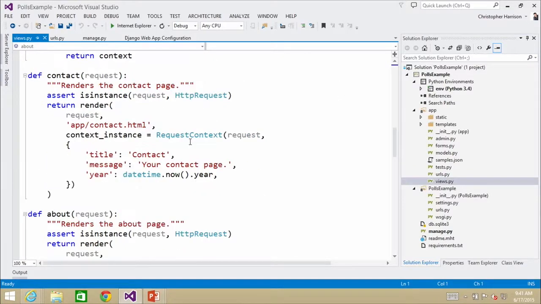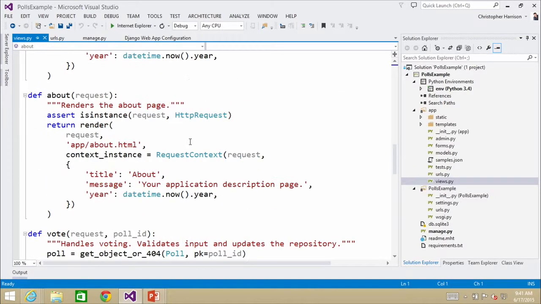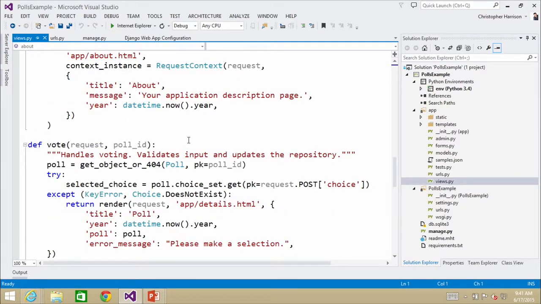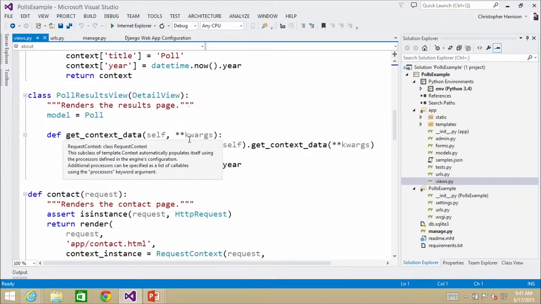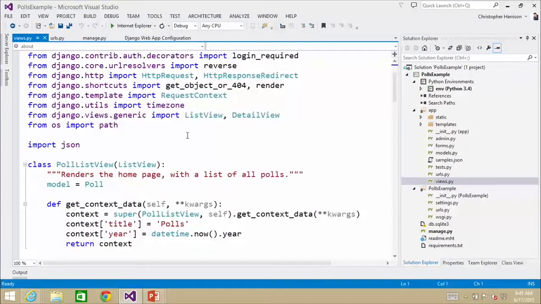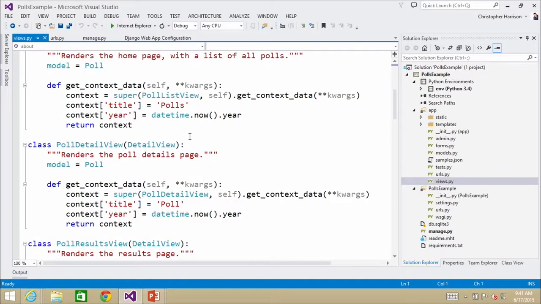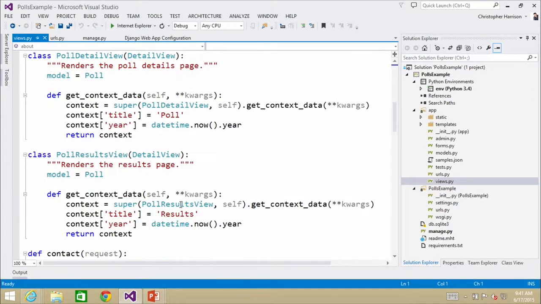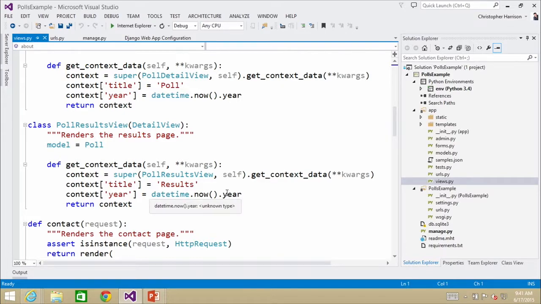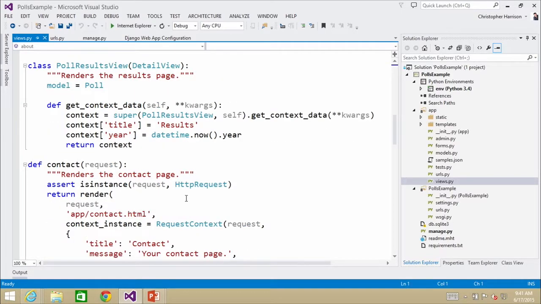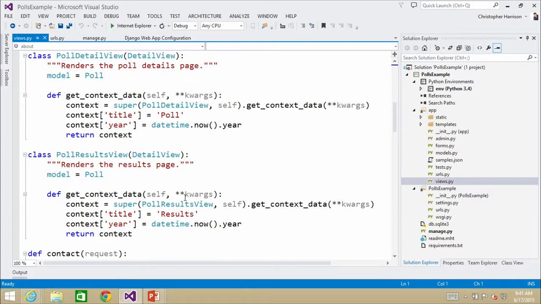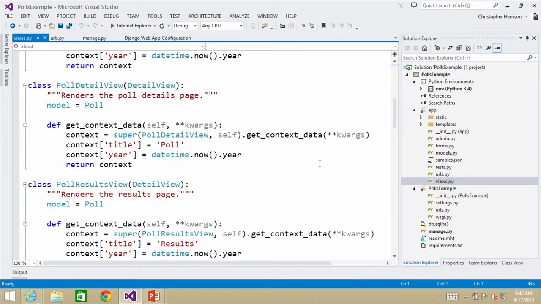OK. Here's our little views file, and I'll come back to this again in a moment. But what the views file is going to do is take the request from the user, execute the code, go get our data, and then go off from there. So this is going to be our code that's working with the backend database and all of that good stuff.